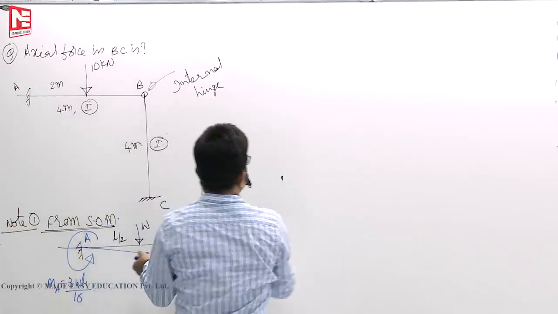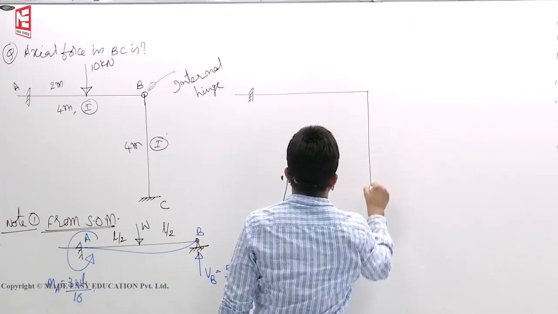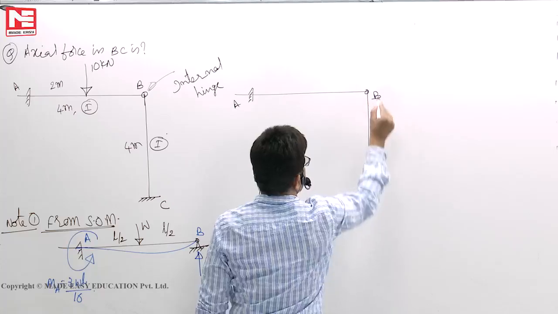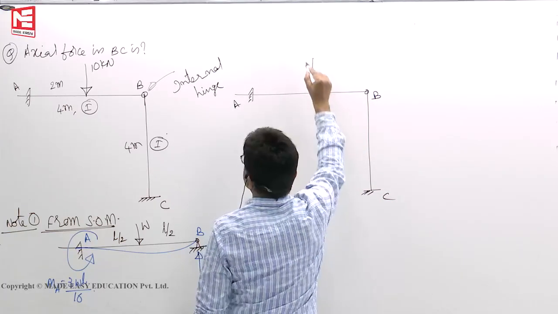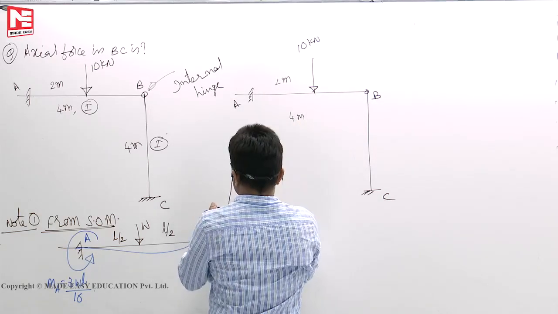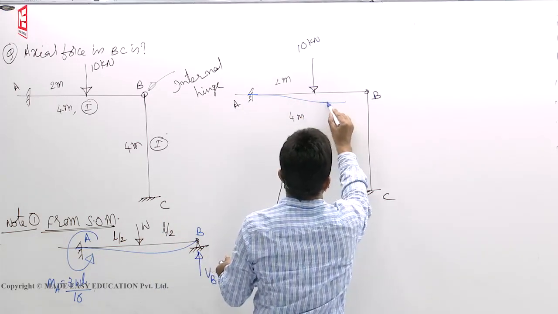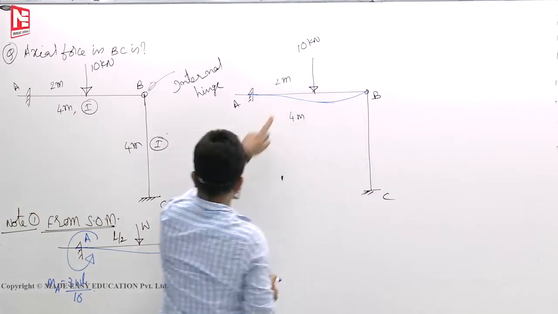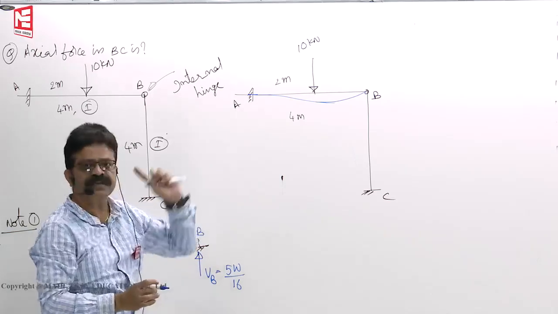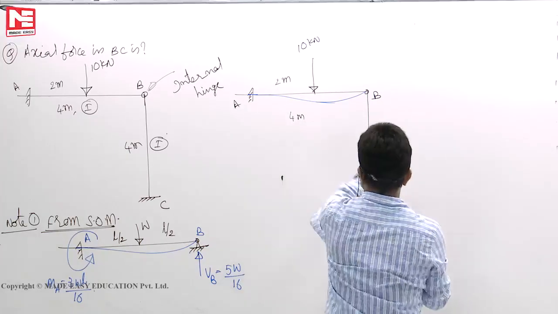Now you see, if I draw the deflection profile, A, B, C. This load is 10 kilonewton, 2 meters, 4 meters. Now you see, only AB profile if I draw, it will go like this. See, this profile matches. If deflection profiles match, forces also you can match. Okay. Now, if you draw the free body diagram of each member,